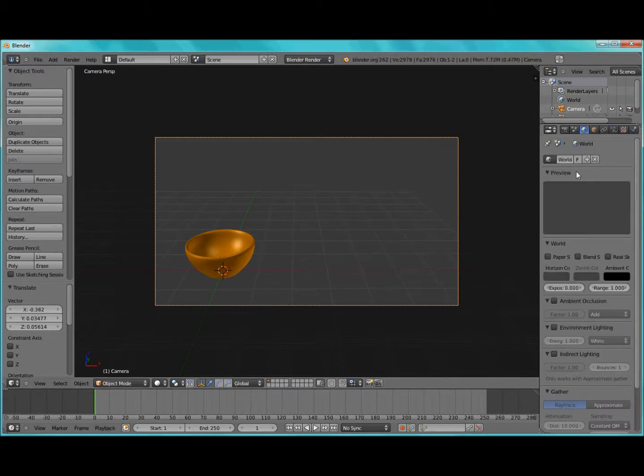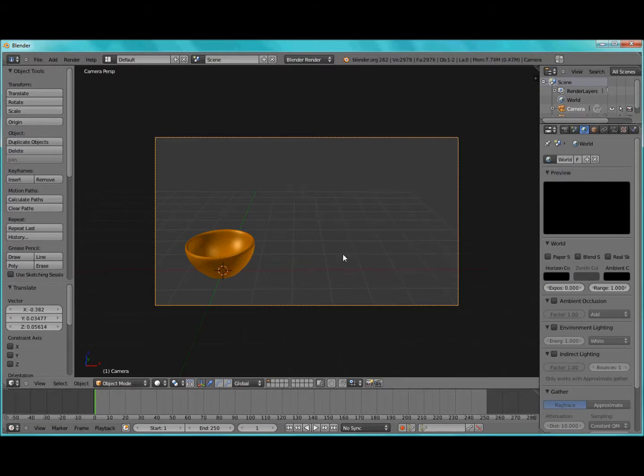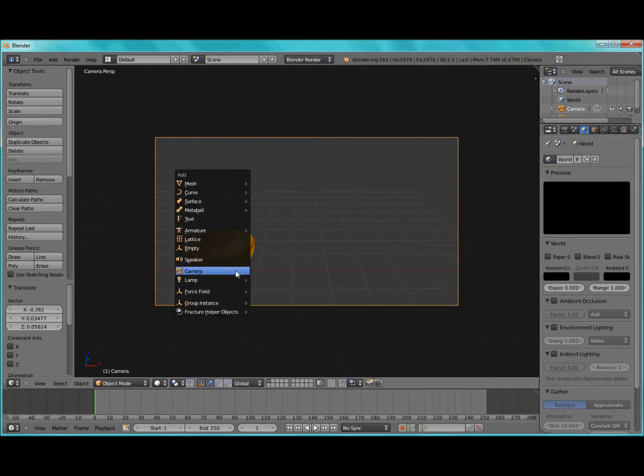Now there's one last thing I'd like to do. You don't have to do this, but I'm going to change the horizon color to black. So that just makes the background color black. Now something I also forgot to do is add lamps. You can add points or suns or spots or heavies or areas. I'm going to add a